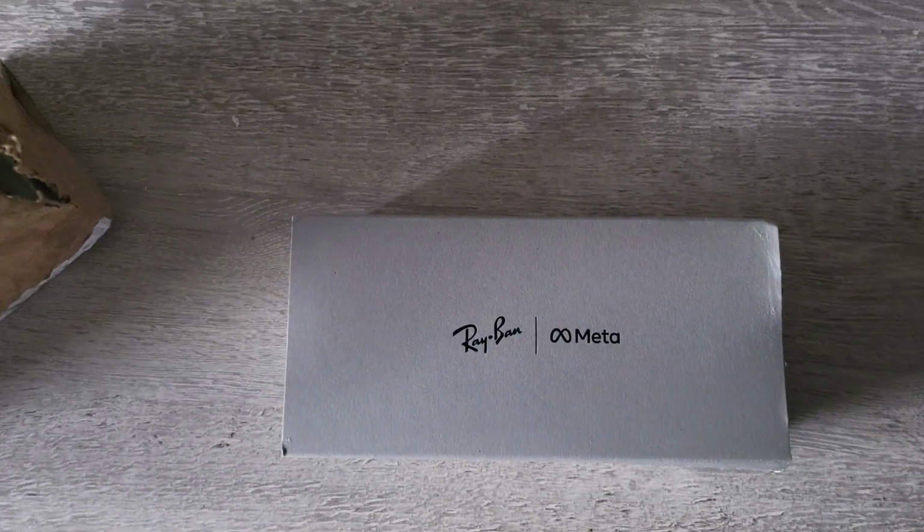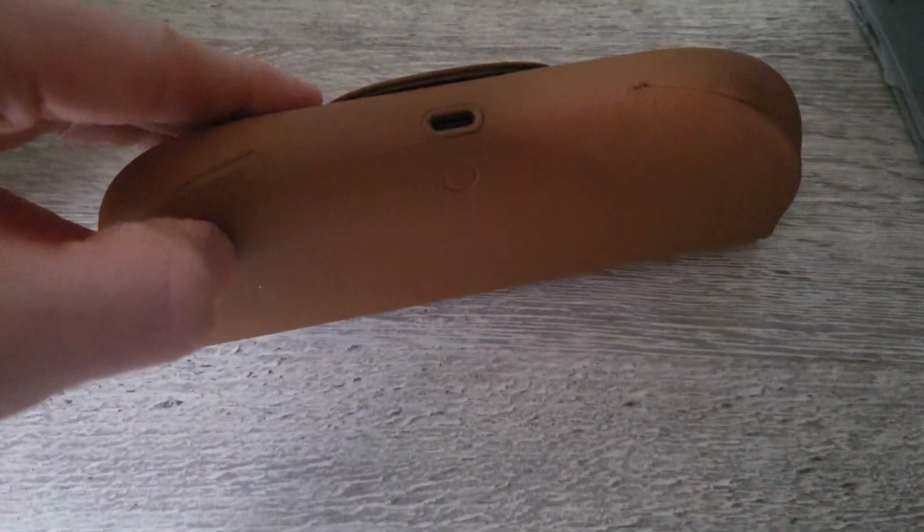Hello everyone, just a quick unboxing video here today of the Meta smart glasses. So we started off with the outer case, then the inner case, which came a little bit broken, but it